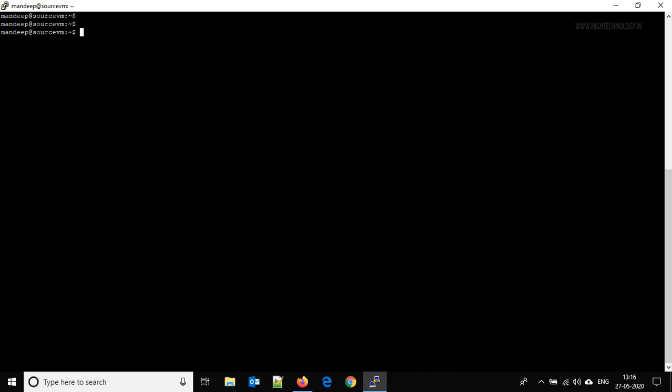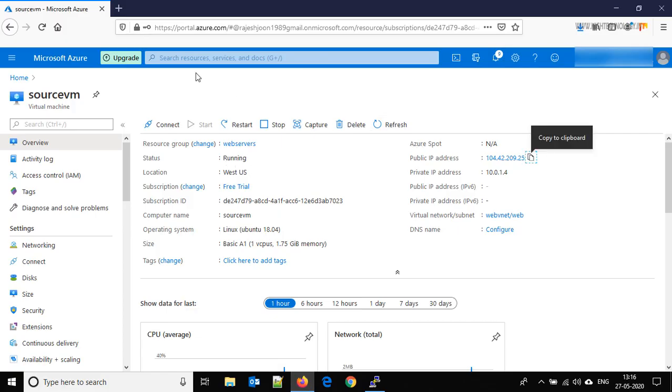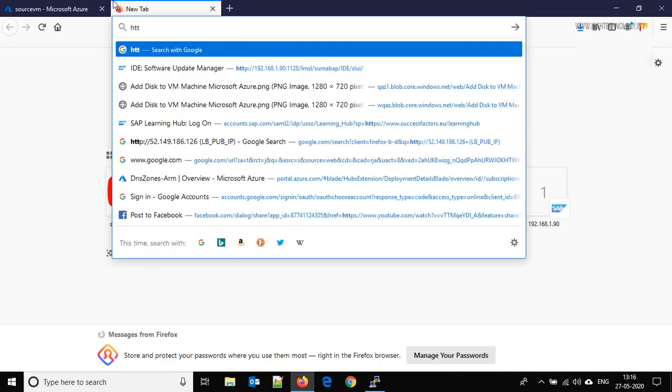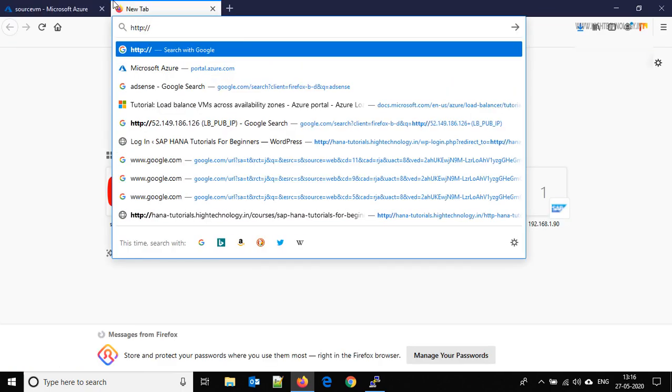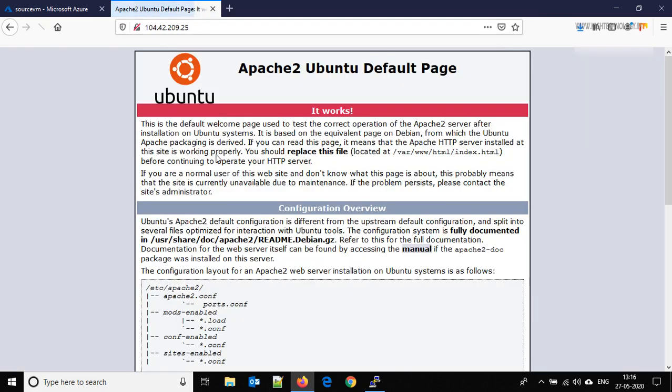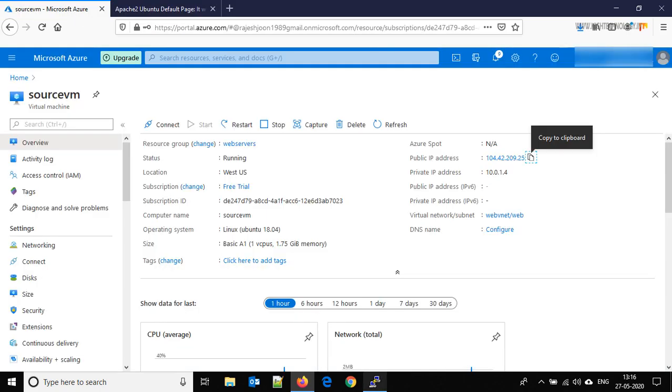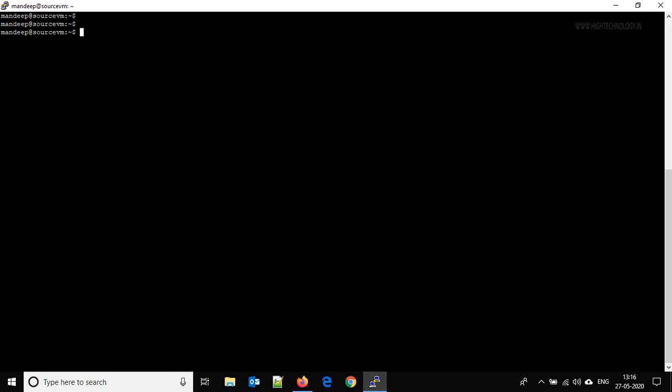For that, let me show you first of all the Apache. Here you are able to see that Apache is running successfully. Let me change some of the content of this particular Apache file.